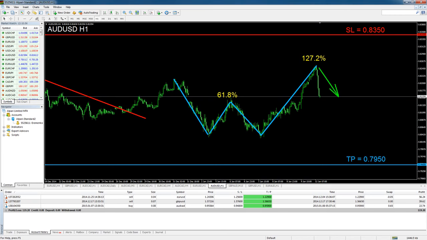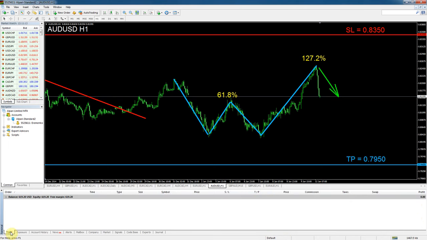In today's tutorial, we will be conducting our fourth live trade on our real Forex account. As you can see down at the bottom, we've got our three profitable trades so far that have brought us $119.20. Currently on this account, I have $619.20 of available funds. So today we'll be looking at the Australian dollar, American dollar hourly time frame, and here